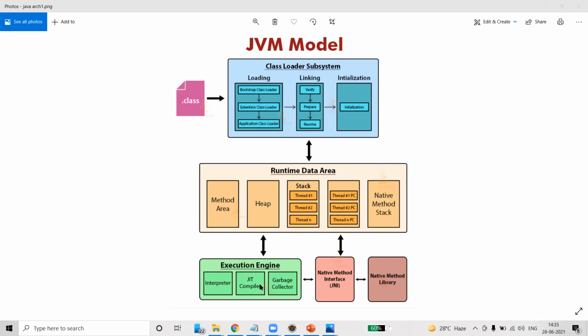What is a just-in-time compiler? See, the just-in-time compiler makes our program much faster. Here we already have one compiler before the JVM, but again there is another compiler called the just-in-time compiler. It gets invoked during execution of the program.